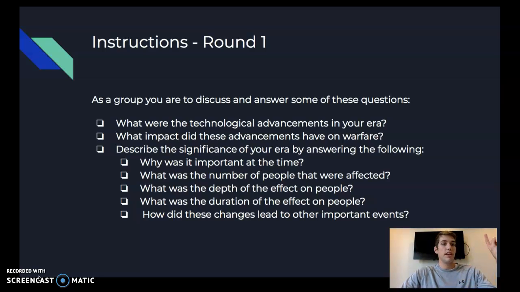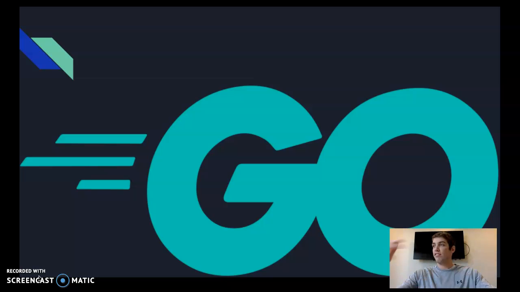Let me have group one here in the front left, group two in the front right, group three in the back left, and group four in the back right. If there are no questions, let's begin. At this point, the students would be working, and I would be walking around the room, assessing them, making sure they're doing their work and on track before we move into round two.